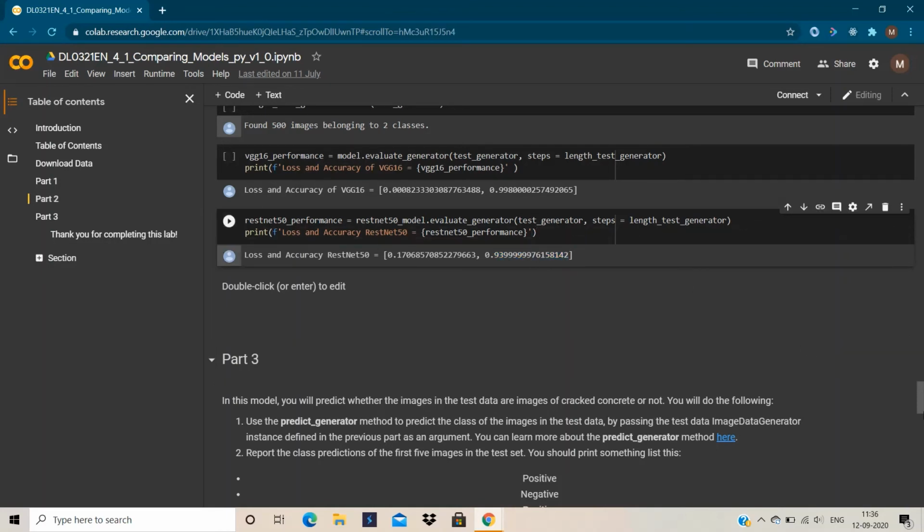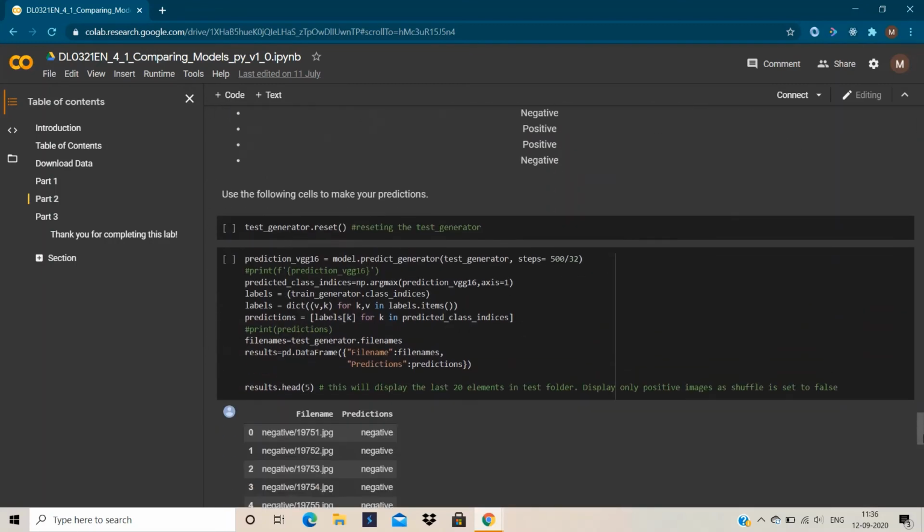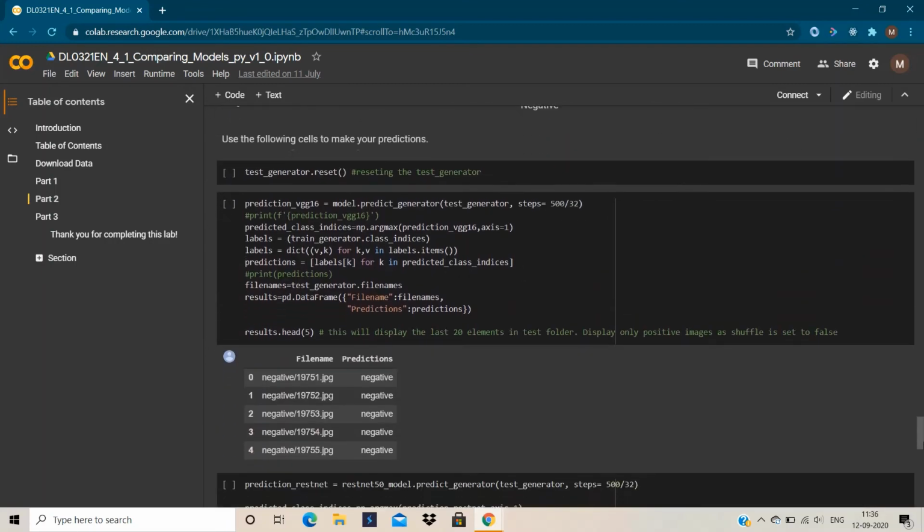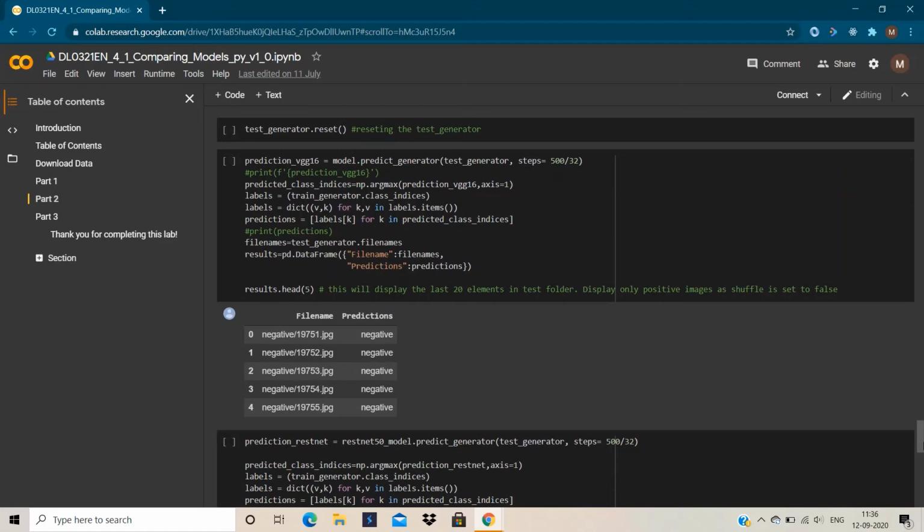Now we are going to see the outputs on predictions. So let's perform the prediction operation. Here we had reset our test generator. After that, we are performing prediction of the VGG16 model with model.predict_generator. The test generator is passed and the steps are passed.